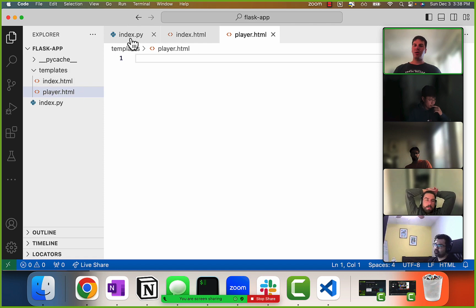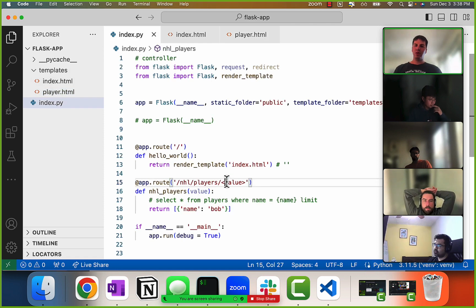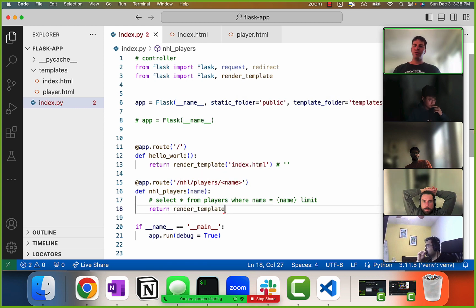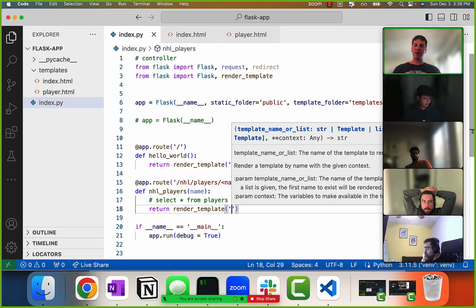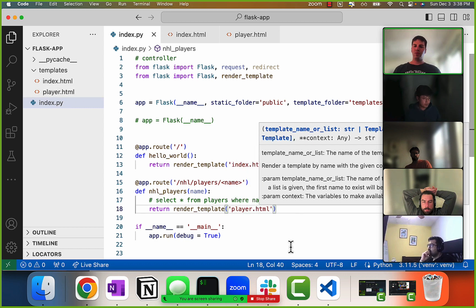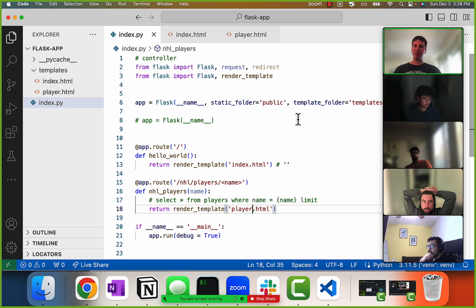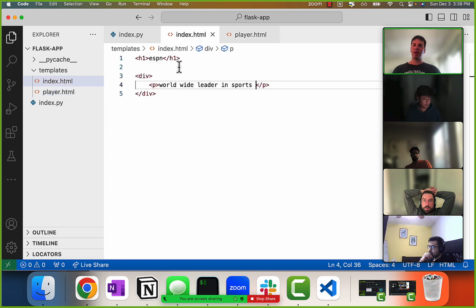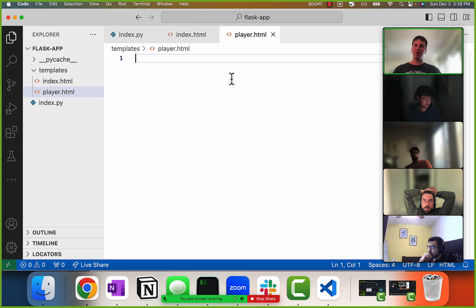Right? And now we want to, let's say this is a player's name that we're going to pass through. Now we want to render a template. And the file we want to render is this player.html file, right? Which is located under templates, which is where we say to look for it. And now let's say we want to have, well, we can have the same thing here, but now